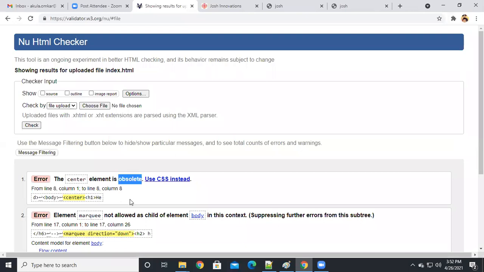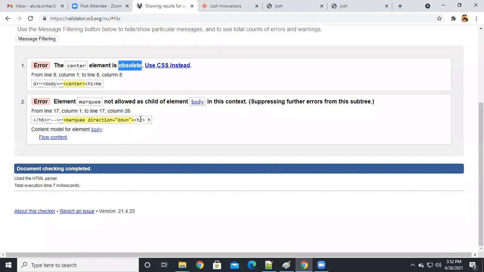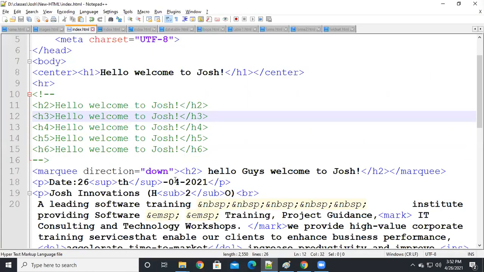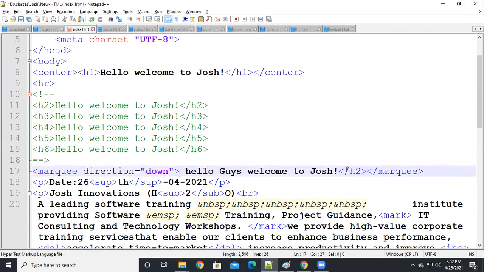Use CSS instead. And here, the marquee also we are not using, guys. This is also not removed from this.